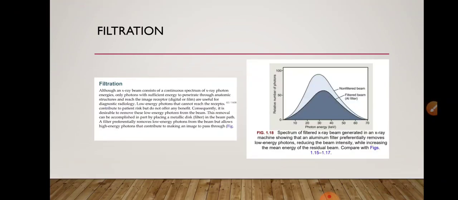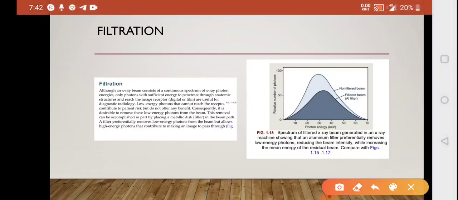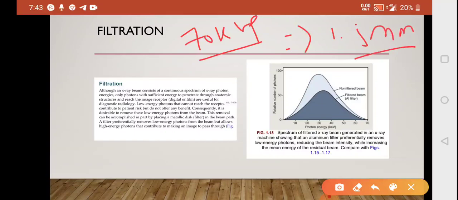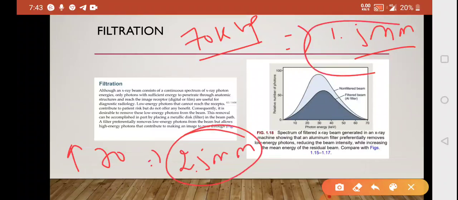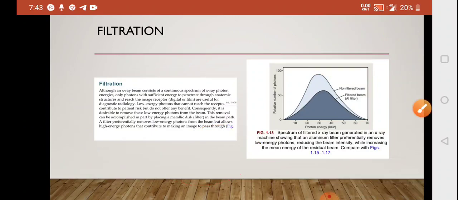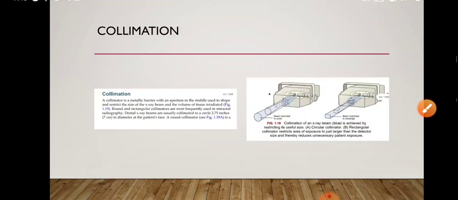Sorry. So normally aluminium is used as a filter. You have to remember a few values. In case of a filter at 70 kVp, a question can be asked, how much is enough? 1.5 mm of aluminium. Another question can be asked, at a higher voltage, meaning more than 70 kVp, about 2.5 mm of aluminium is required. So these can be asked, 1.5 and 2.5. And what is the function of filtration? That is, low kVp or more wavelength X-rays are removed. That is usually asked. And which metal is used? That is aluminium. This is a question that is usually asked.